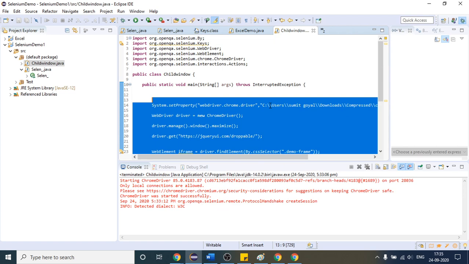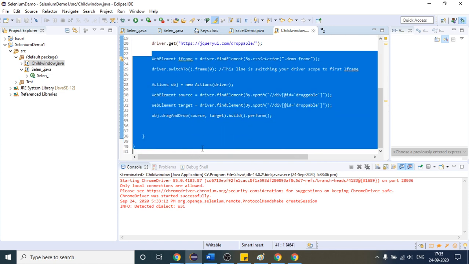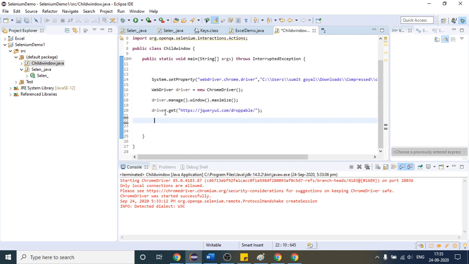Now if I remove this, earlier what you used to do, suppose we have opened this website, and after that I am just fetching some random text.